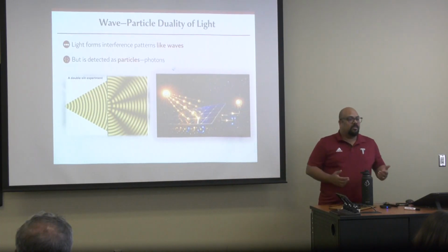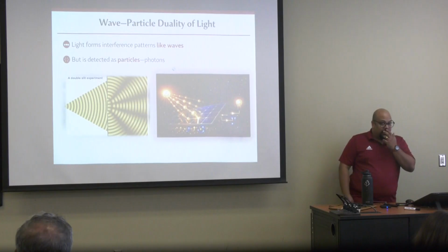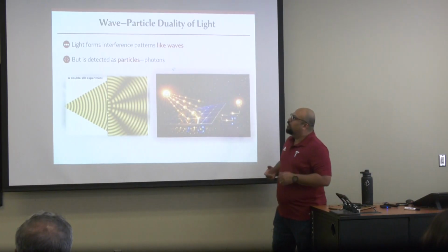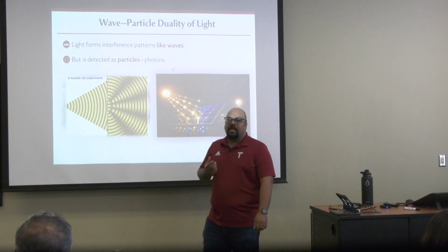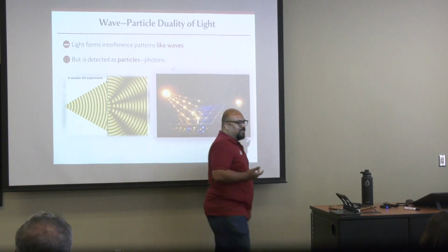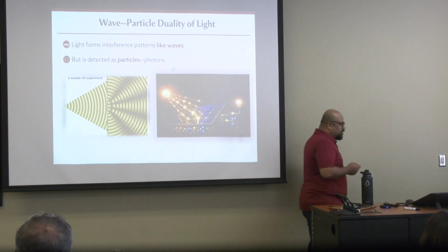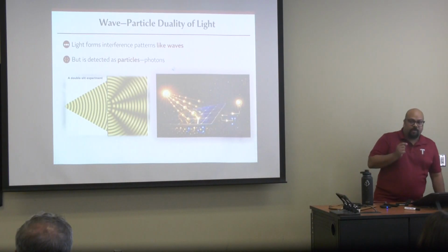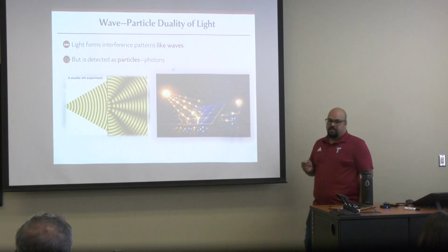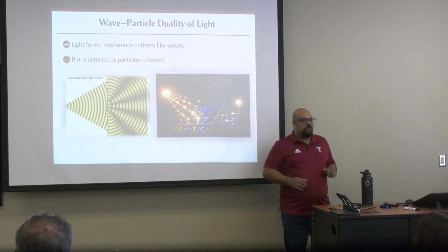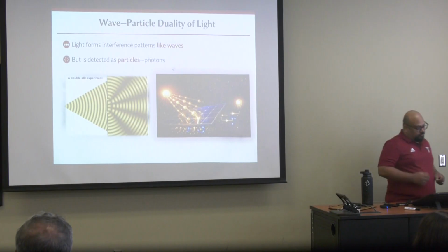So how can we understand this aspect of light? This can be understood if and only if we treat light as having a particle nature. So this leads us to an understanding that light has a wave nature and also a particle nature. So that's where these two experiments come in very handy.